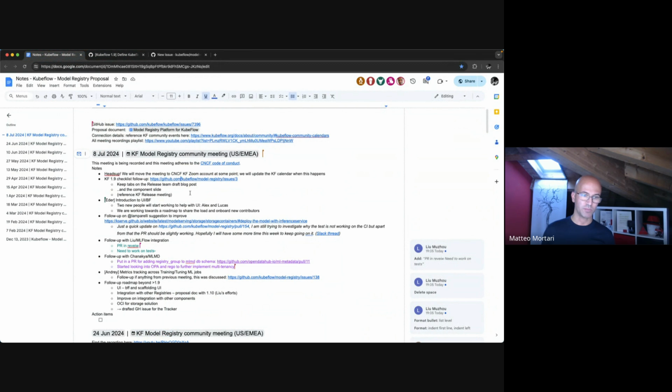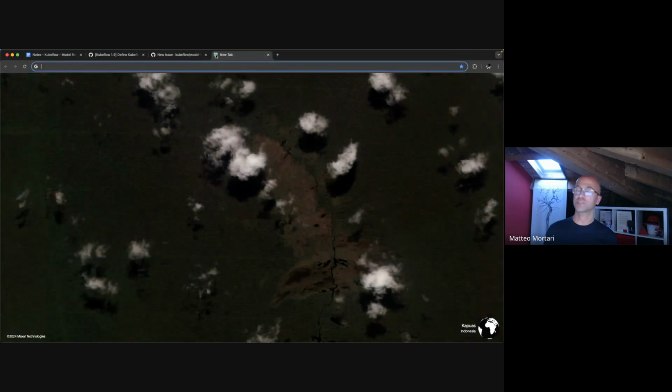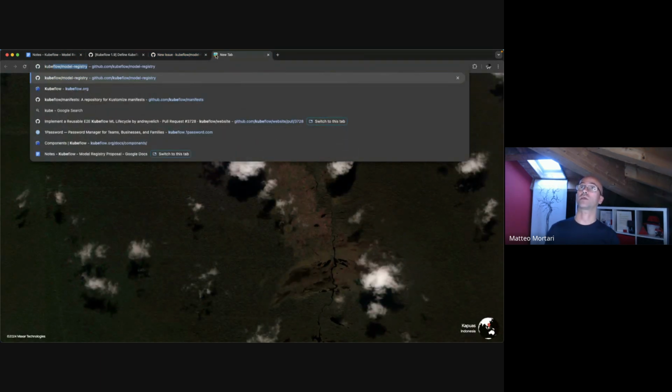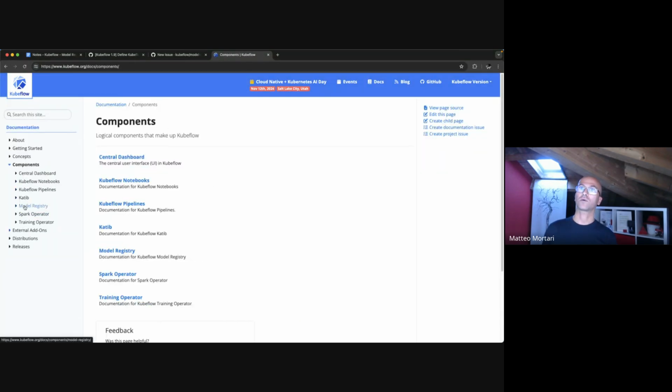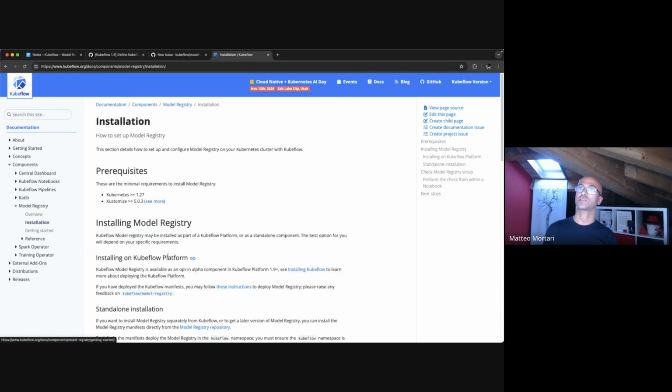And anyway, people who want to test the latest and greatest for Kubeflow Model Registry can go to the website, to the Getting Started, Model Registry component installation.